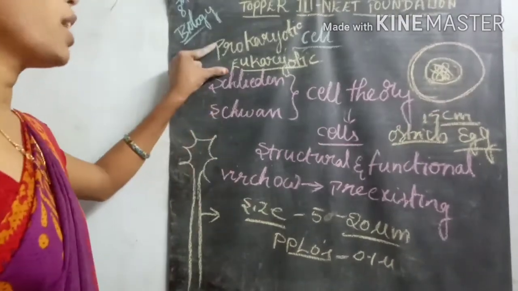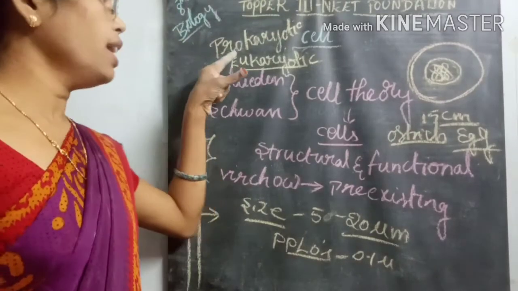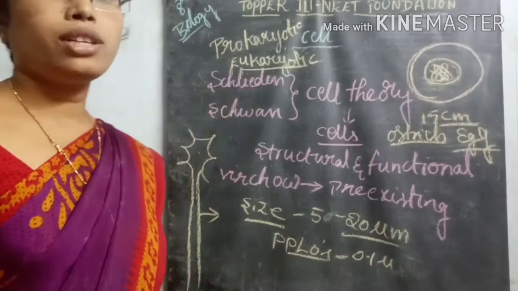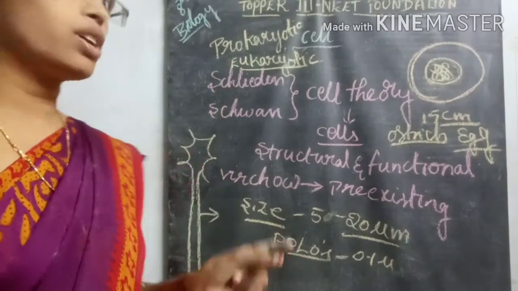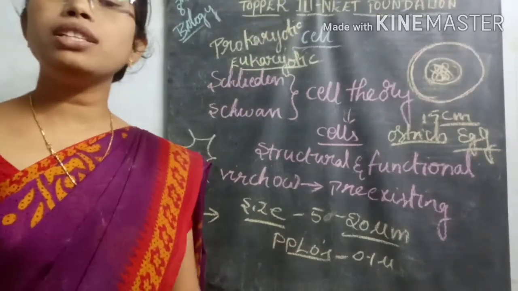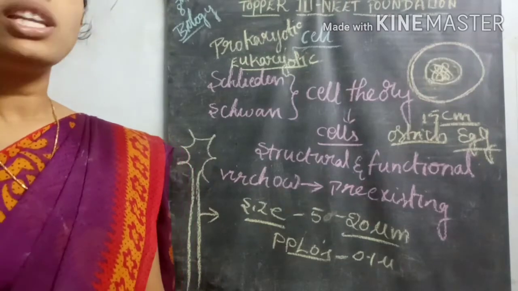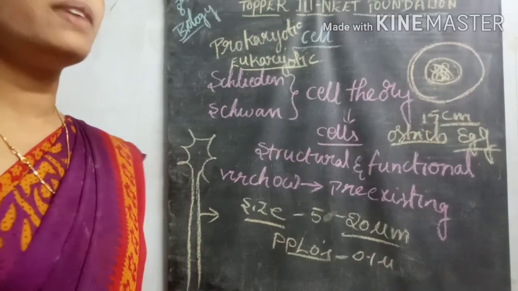And how many types of cells are there? Two types. What are they? Prokaryotic and eukaryotic. Prokaryotic means without clear formation of a nucleus, and eukaryotic means a clearly formed nucleus with a nuclear membrane is there